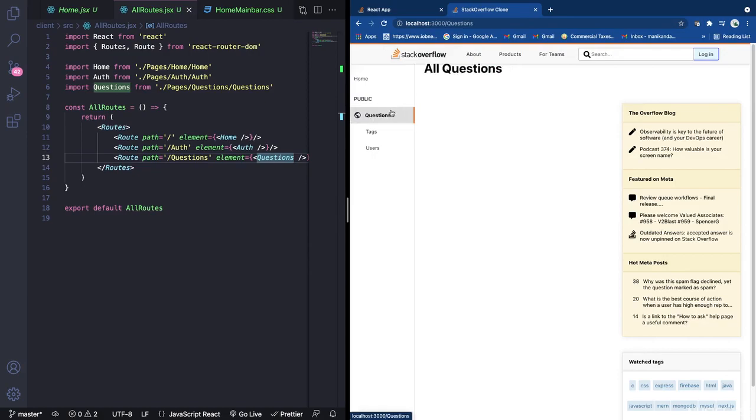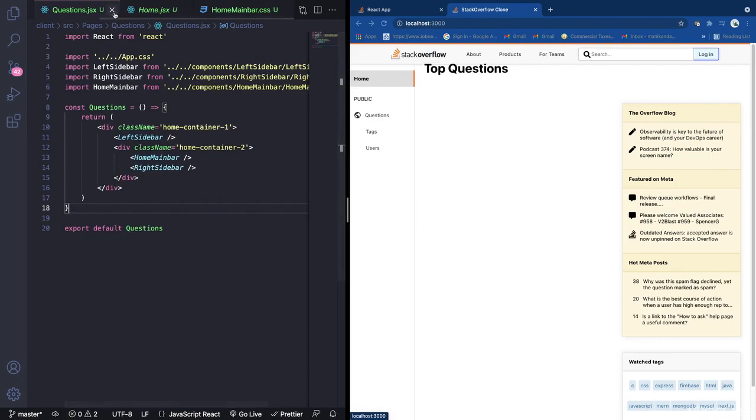So that's how we can change the. So this is why React is much more dynamic. I don't want to write separate pages for home as well as questions. I can just do the same thing inside only one file, and I can just have it in two places, like home as well as questions. I don't want to write two pages or two files, separate for home as well as one separate thing for questions. So now we will just close this, all routes as well as questions